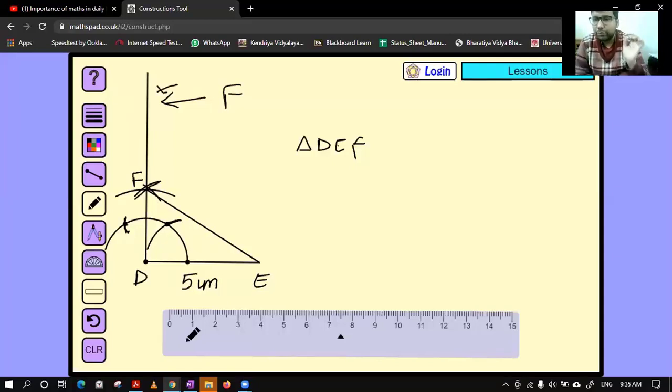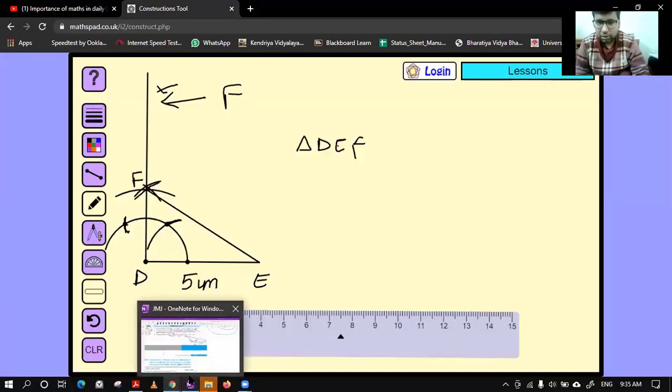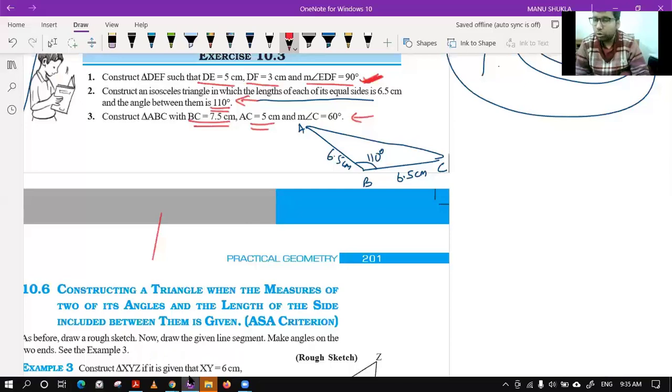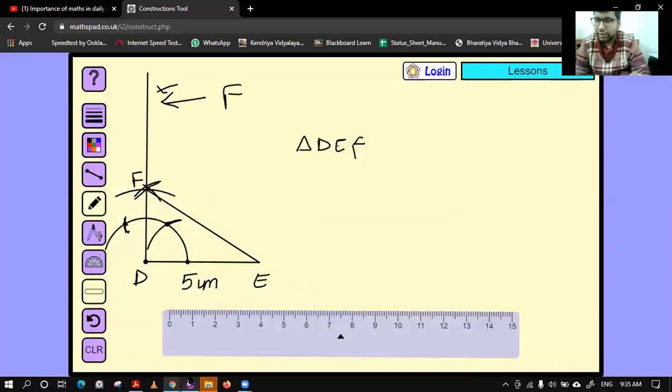After obtaining the perpendicular, we are sure that our point F lies somewhere on this line. To get the exact position of the point F, we need to use the third information, and the third information is DF equal to 3 centimeter. So Mokshita, what I did is I took a scale, I took a compass and I opened it for 3 centimeter. After that, keeping on D point, I took an arc on the perpendicular. That gave me the fixed or that correct position of point F, and I joined with E and got the triangle. Is it clear now, Mokshita?